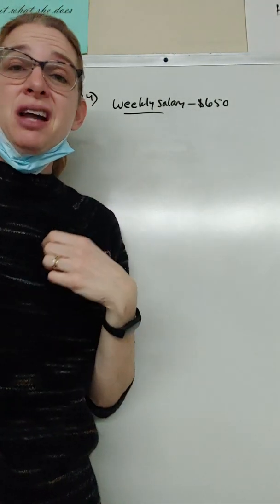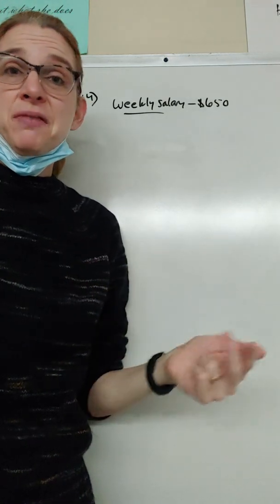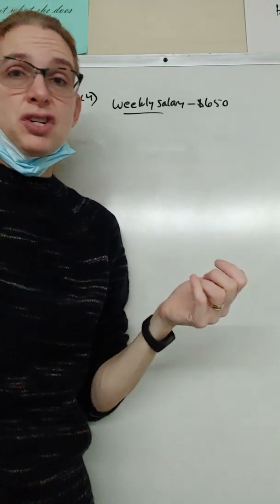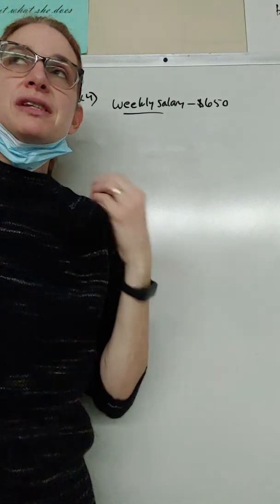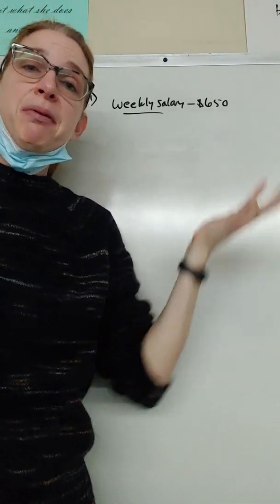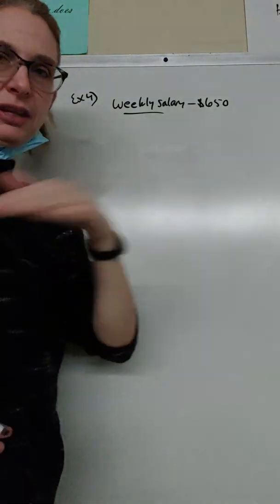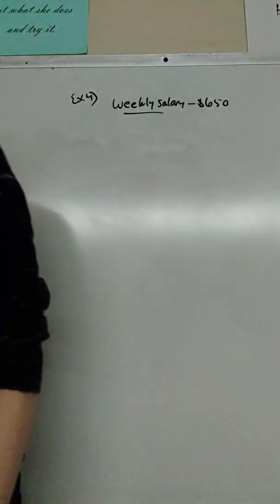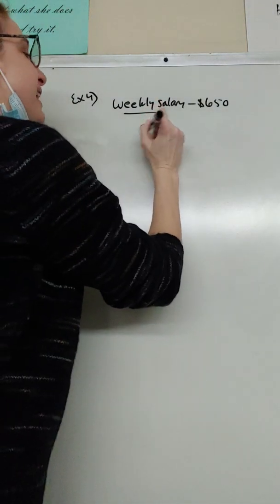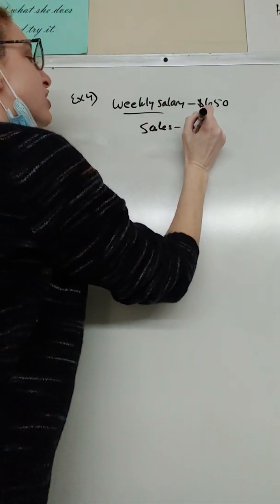This is not enough to make your house payment and buy groceries and pay for utilities and pay for your car and your insurance. It's not enough. So this person still needs to sell items on top of their base salary to have enough to live on. So this is what they get paid for showing up to work. Now, they've also made this week in sales, so they sold